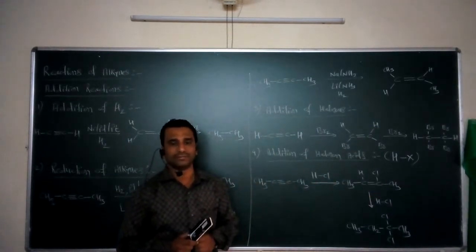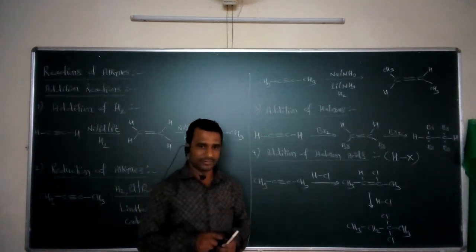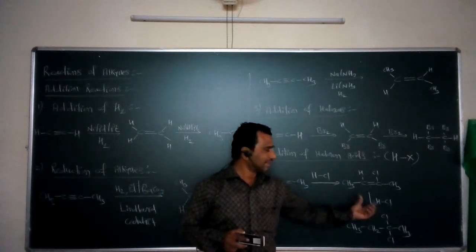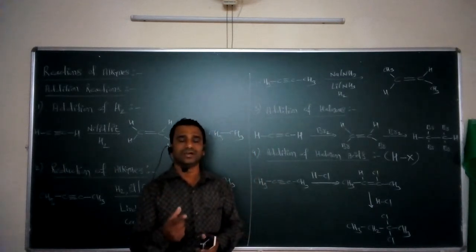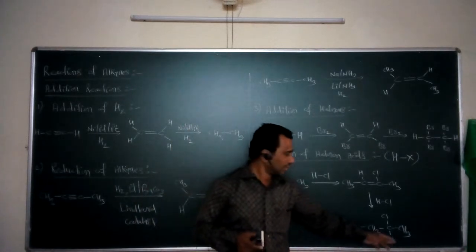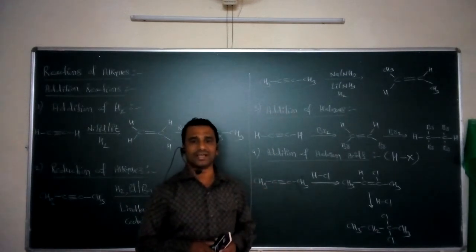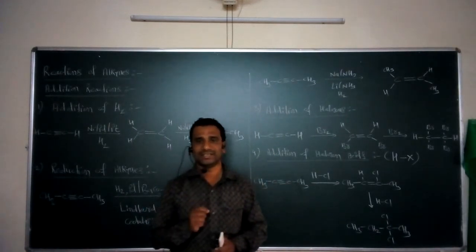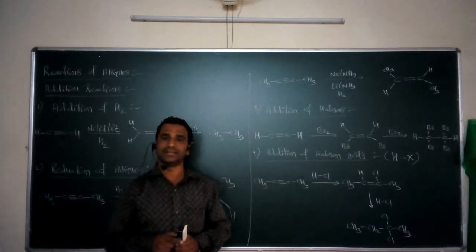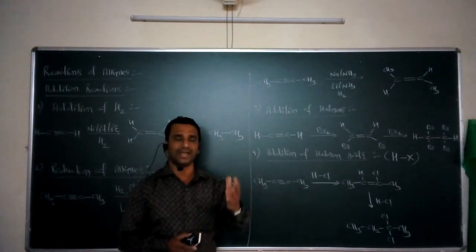This 2-chloro-2-butene is formed according to Markovnikov's rule. After its formation, a second mole of HCl can be added. After the addition of this second mole of HCl, again we follow Markovnikov's rule, and the product formed is 2,2-dichlorobutane, which is in general called a geminal halide. So by the addition of halogen acids to alkynes, geminal halide formation takes place, and this is reaction number 4 shown by alkynes of the addition type.